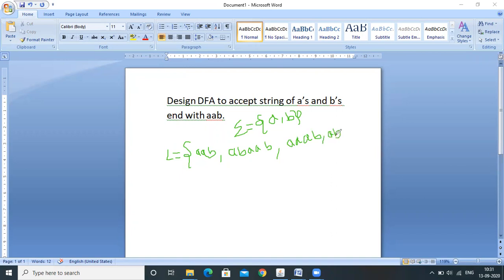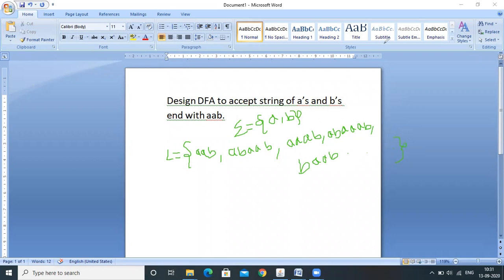Any combination of A's and B's, and at last AAB. So all the combinations of A's and B's initially, and finally it needs to end with AAB. These are the different possible strings within the given language.